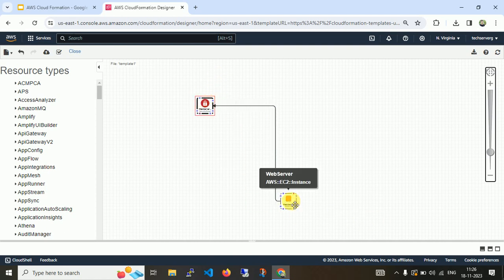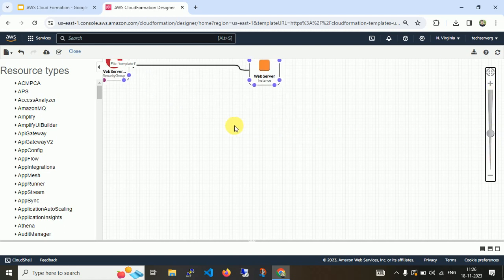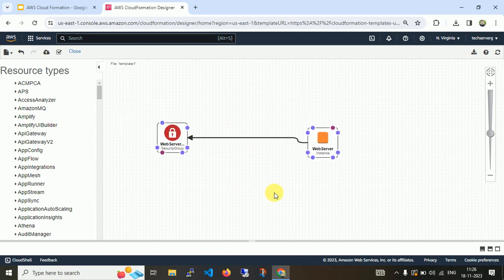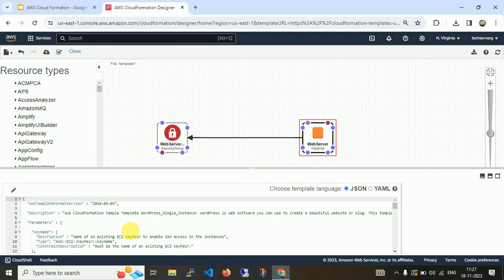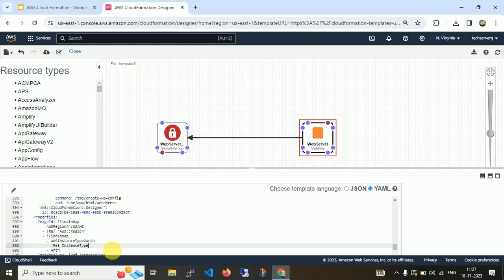So here you can see there are two things. Let me zoom so you have more idea. First one is the web server, and it is linked with our security group. So let me click on the template. This is the template in JSON and YAML. Let me click on YAML, and I'm just going to copy this